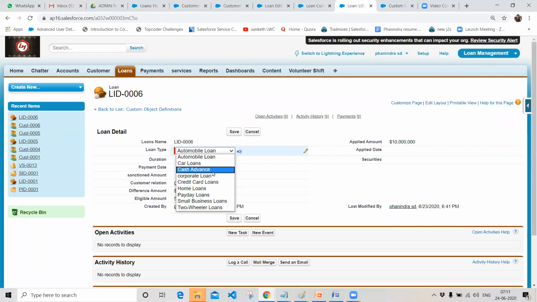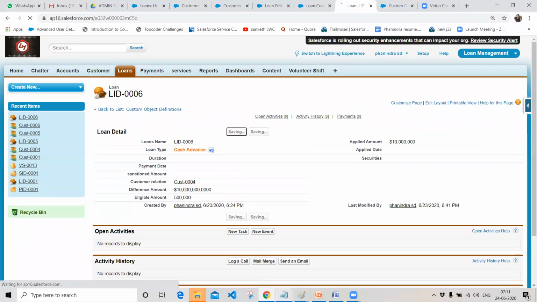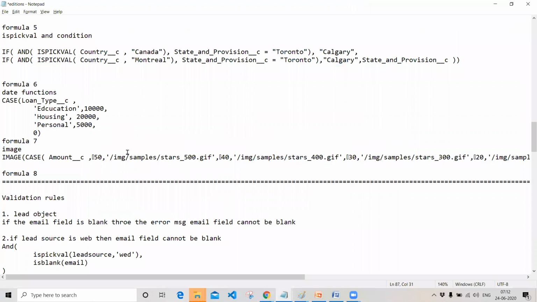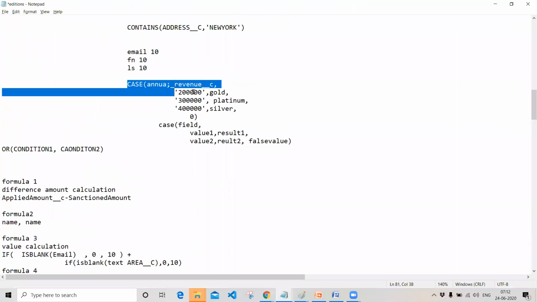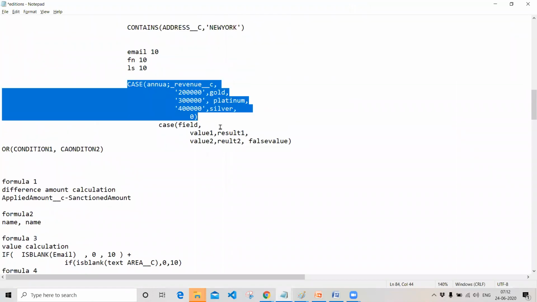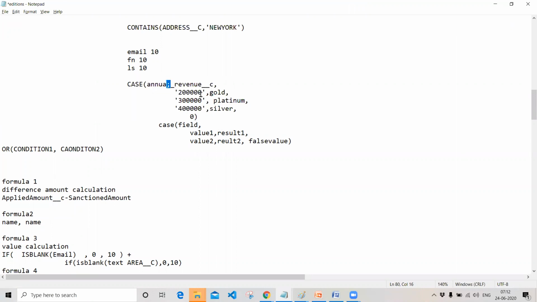You can do it like this. Similarly, as I gave an example of annual amount and the type of partner I want to return, you can also do the same. Try this example from your end and tell me how it works, and in tomorrow's class, if you have any doubts with respect to the formulas, you can ask me.